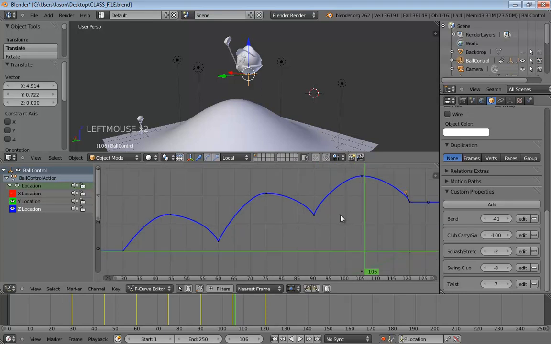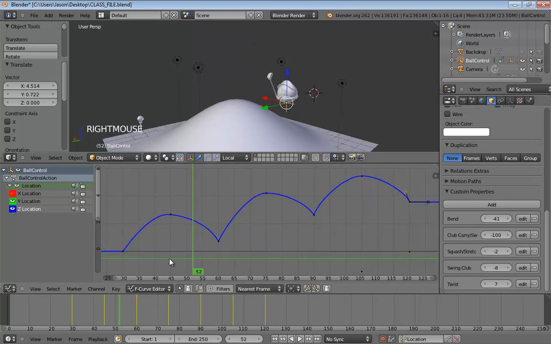All right. Now, you can play with your keyframes here and get these to a nice sort of floating arc.